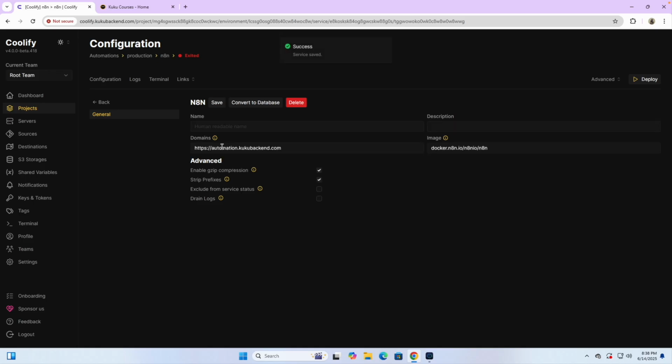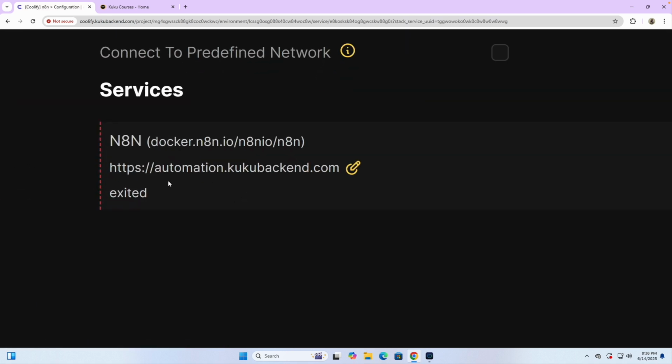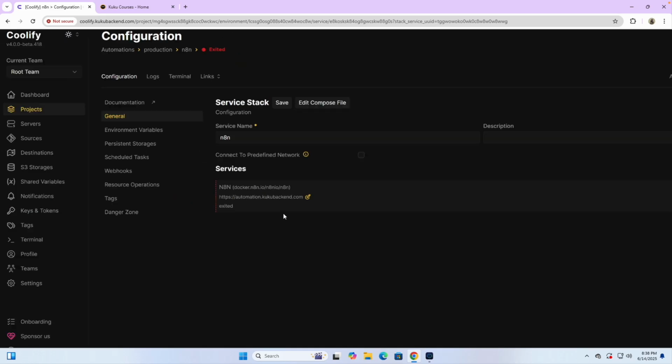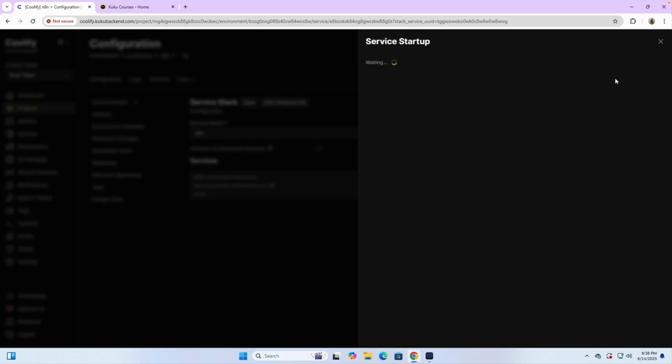So we are installing this in our subdomain here. Go to the configuration now, and you can see that when we deploy the N8N, it will be on this particular URL. Let's see this in action. I will click on the deploy button, and you will see the magic of it. Just wait for a few seconds and you will see the power of Coolify. It will install